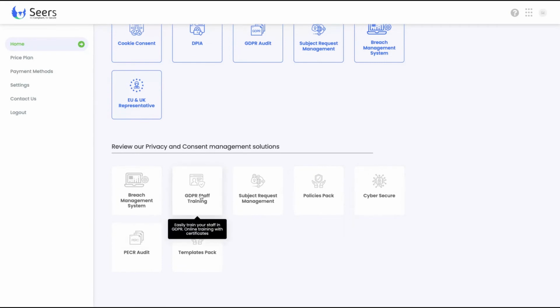So you need at least tier 2 to get the GDPR staff training. Easily train your staff in GDPR. So you're gonna get an online training with certification. That's kind of cool because those tech law certifications are expensive and sometimes they are difficult to get. So it's a way to train your team members with a legit course that will get some GDPR certification and